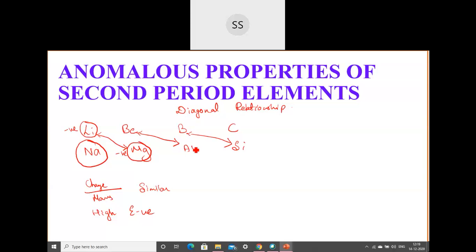Beryllium, no. Beryllium is quite inert in nature. On its surface, you will find an oxide layer being formed. Like that, even aluminium is found to have a formation of an oxide layer. Okay, only with the first elements. These different kinds of properties are most of the time shown by the first elements present in the periodic table. So whichever element is diagonal to that will show this property. Then we don't find these properties getting repeated much anywhere else. Okay, only with these second and third period elements.